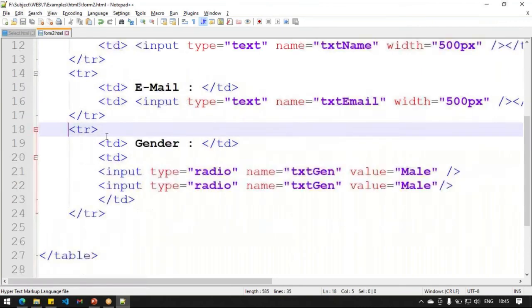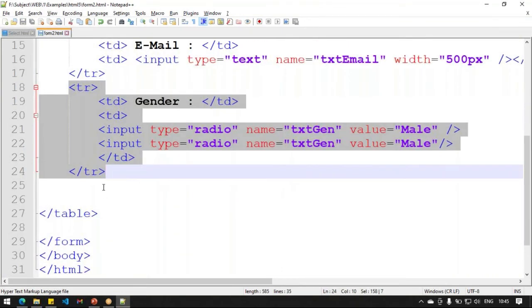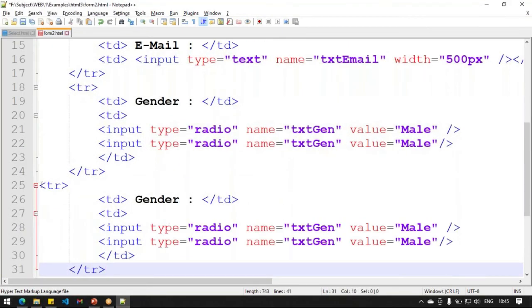Then let's say, copy this and paste this.